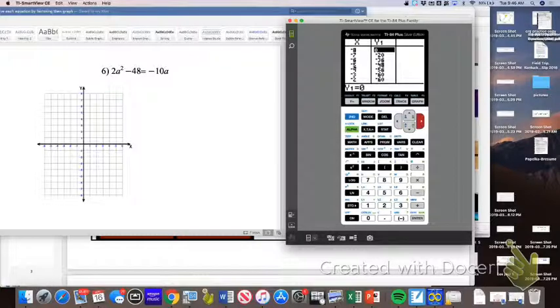So if you've got a 0 in the y column sitting next to the number that you think is the x, the zero, you know you did it right. I looked on the table. I've got a -8 sitting next to a 0, and then I've got a +3 sitting next to the 0. So I know for sure that I did it correctly. I've done it by hand, and I verified using the graphing calculator. Okay? So your task